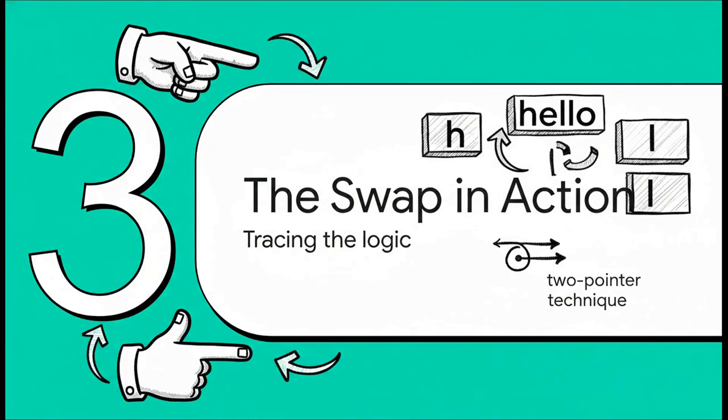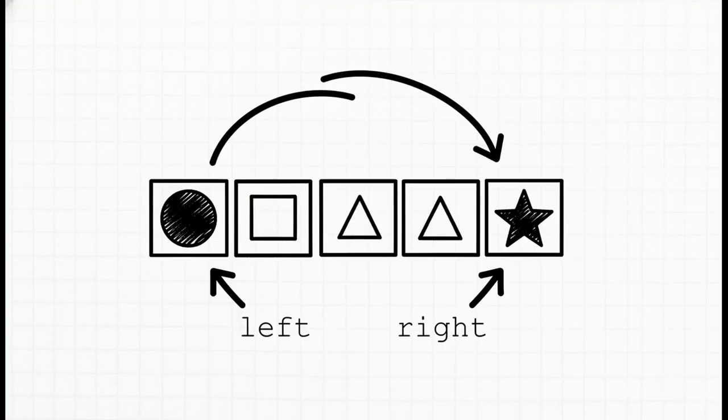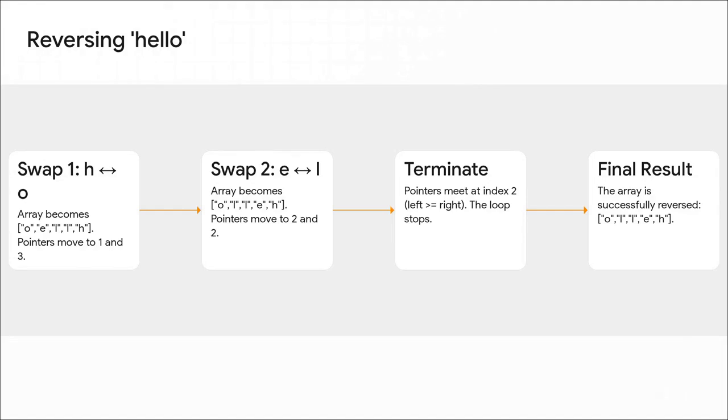Okay, theory is great and all, but seeing this thing in action is where it really clicks. So let's trace the logic step by step as we reverse our good friend, the word hello. So we start with our array. H-E-L-L-O. Our left pointer is sitting on H at index 0, and our right pointer is all the way down at index 4 on the O. Their mission, should they choose to accept it, is simple. Swap the characters they're pointing to. First up, we swap H and O. Bam. The array becomes